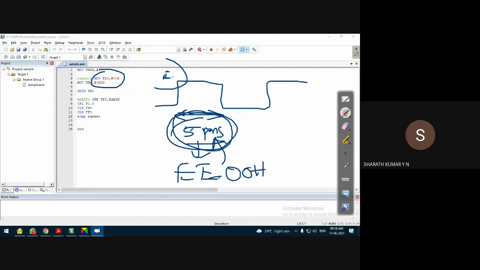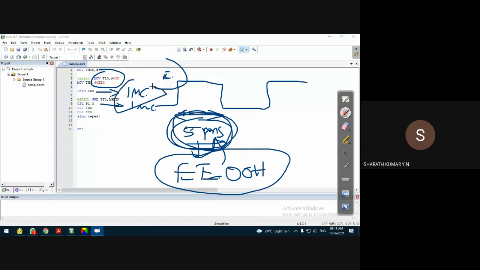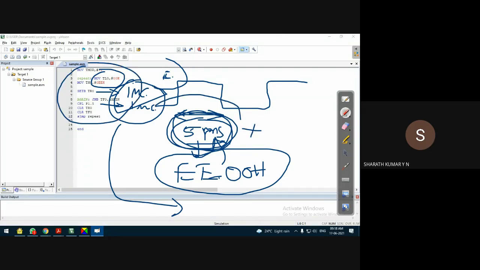In this case, what we have considered is only the timer. But the program execution takes some time. For example, let us say the complement instruction takes 1 machine cycle. If this time is also considered, then the delay will be more. Let us say this takes y milliseconds. Then what we get is more than a 5 millisecond delay. What we are generating using the program is more than 5 milliseconds.